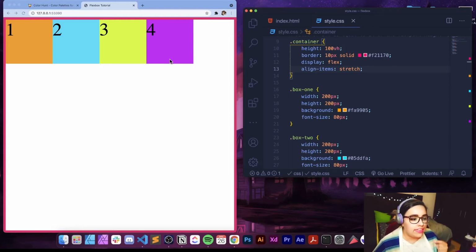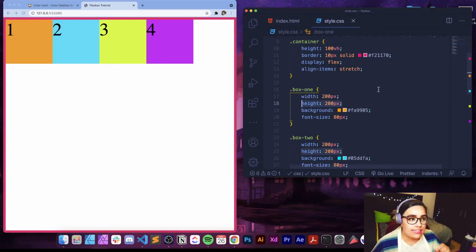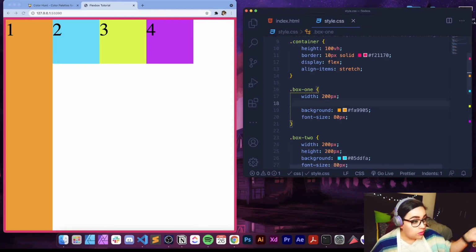And the thing is that in each of the containers we're giving them a height, so that's why it doesn't work. And if we remove this, at least in box 1, you will see that it will stretch,